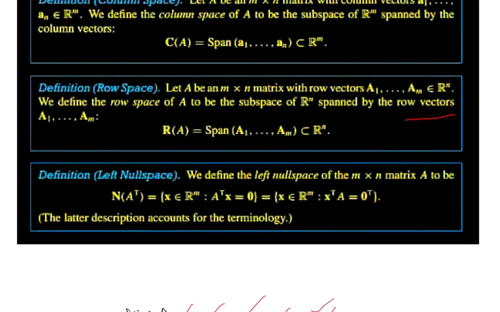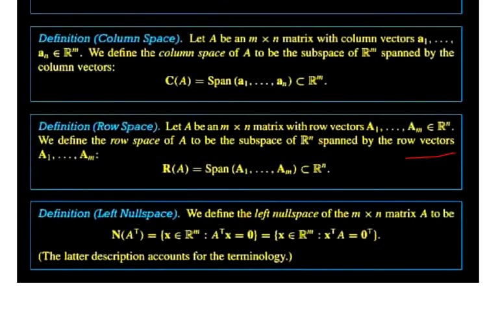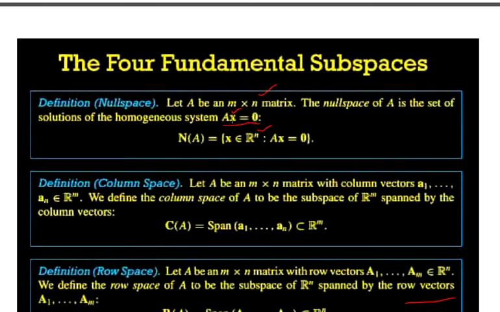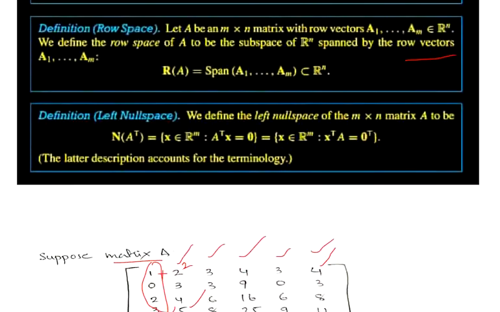So the last one is the left null space. Okay, see, when you try to find the value of x when Ax is equal to 0, performing on a homogeneous system, that is Ax equal to 0 form, this x value will specify the null space. But left null space is nothing but its transpose. It is when A transpose x is equal to 0. Okay, it is the value of x again.